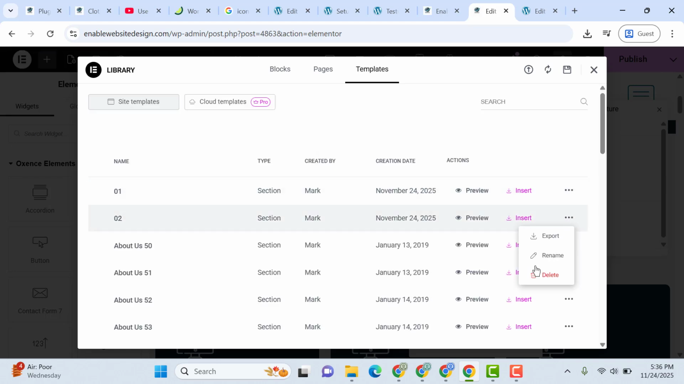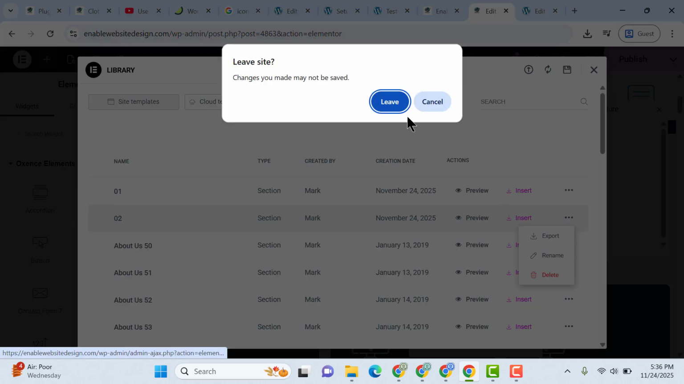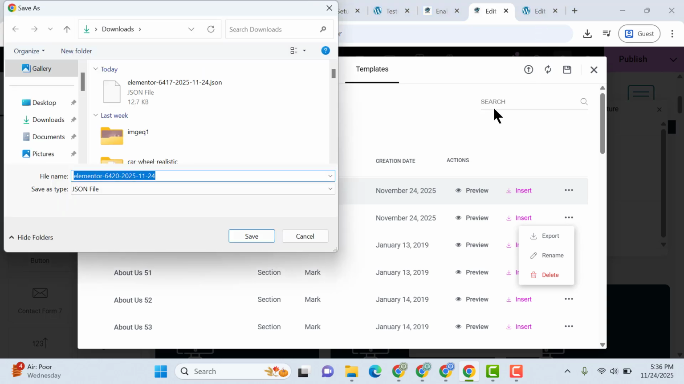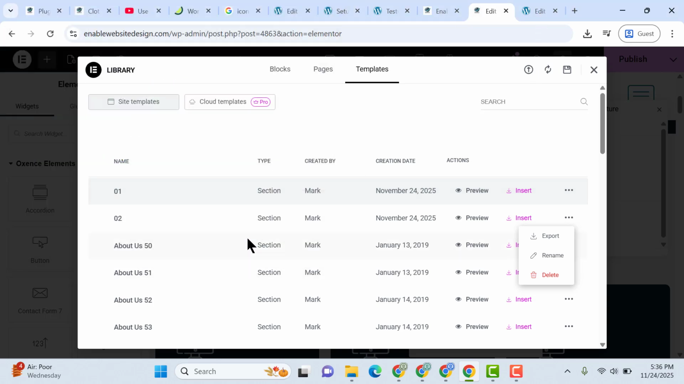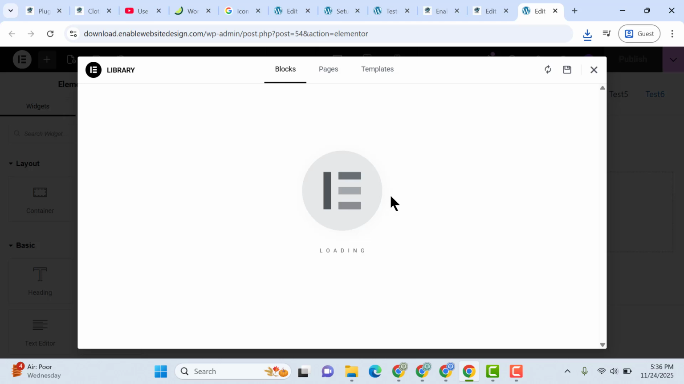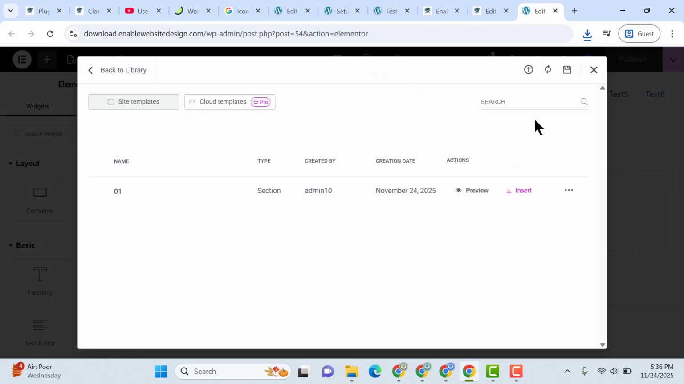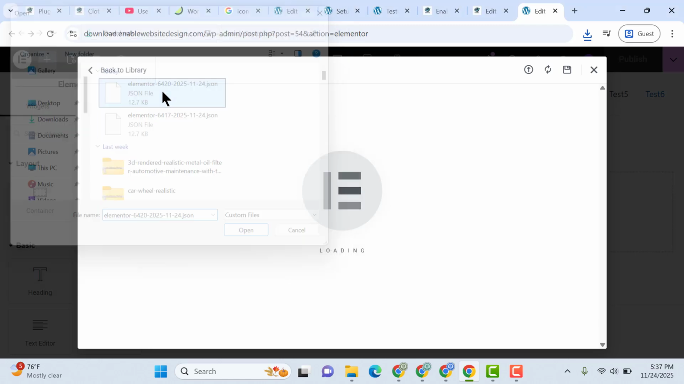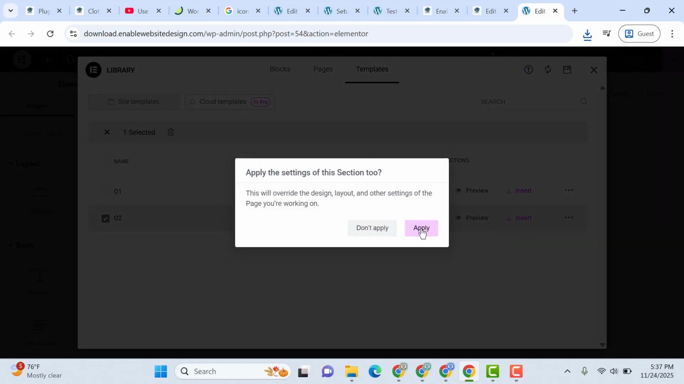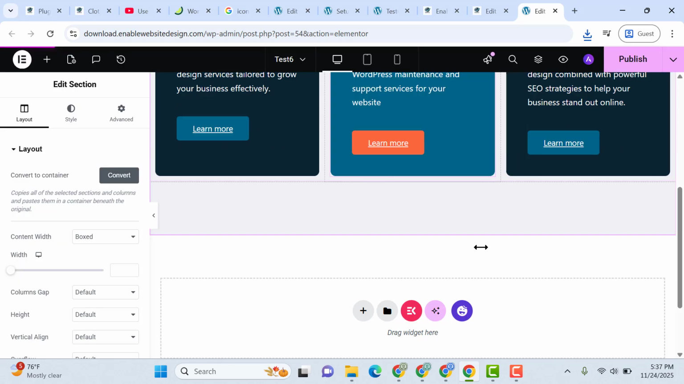So now we can export this template and then save it here. Then let's go to another website and click on this folder icon, then Templates, then click on Upload and select the template. Then click on the Insert button and apply. Now here you can see the section is